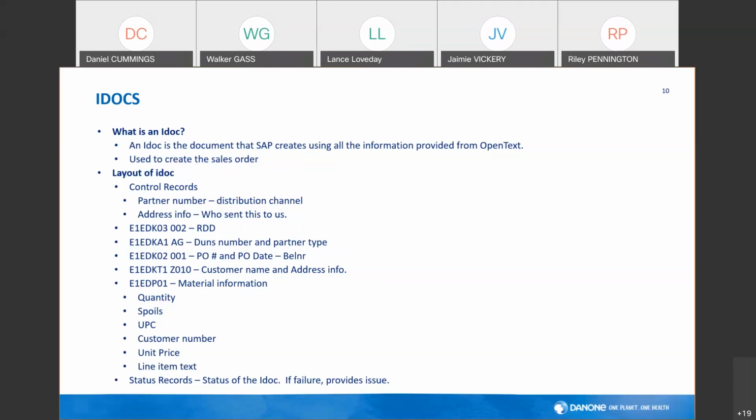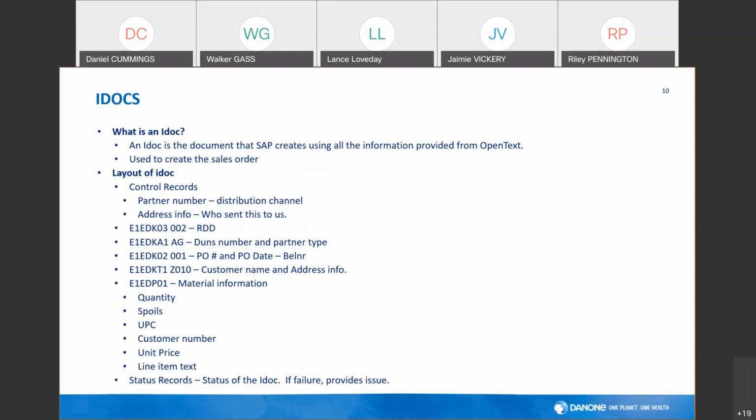We can pull out the PO and all of the customer address information. This is generally what I'll use if we have a new customer and they're submitting an order. We don't have the DUNS number connected to a ship-to, so I'll use that address to help identify which ship-to is the correct one. And then there'll be several lines, depending on the size of the order,